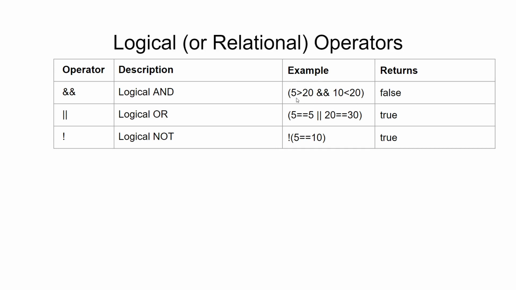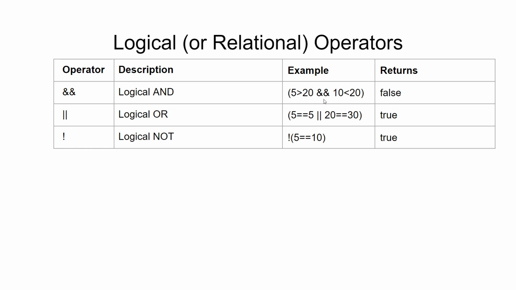So in this specific example, you see 5 greater than 20, which is not true. So the entire expression will automatically result in a false. It won't even check the other condition because one of these conditions is a false. So the entire expression will result in false. Now let's say that instead of 5 greater than 20, it said 5 less than 20. Then this part would be a true expression, and again it will check the other expression to see if that is true, and here we have 10 less than 20, which is also true. So this is true and this is true. So true and true will result in a true.